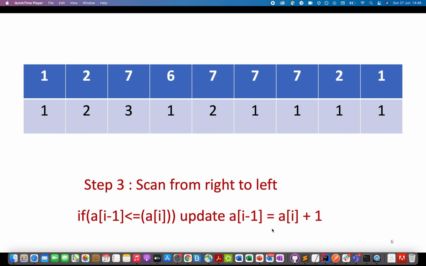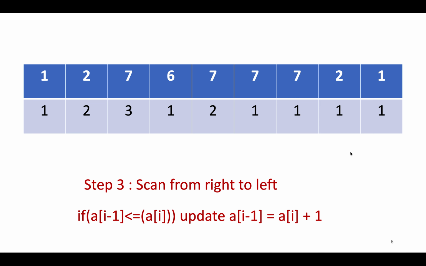In order to fix that, we'll scan in the reverse direction, starting from the right node till the left node. With each iteration we will check whether its immediate neighboring node has a higher rating than the current node, and the candy count at its neighboring place is less than the current candy count of the current node, then we will have to perform the update operation at its neighbor. So let's try this out.